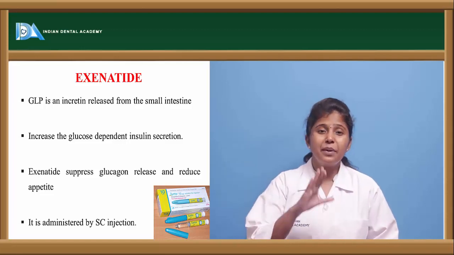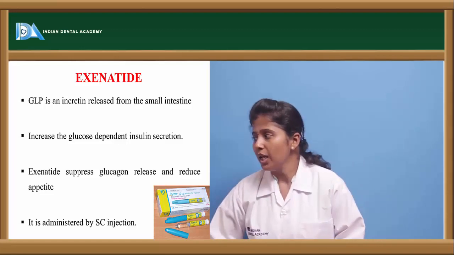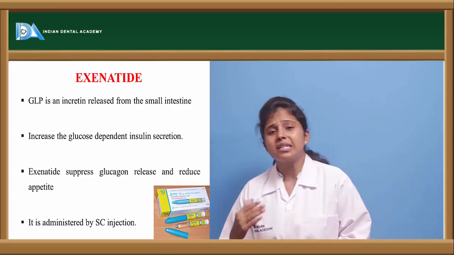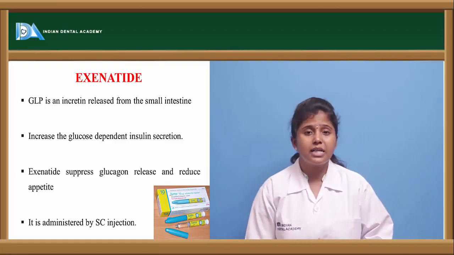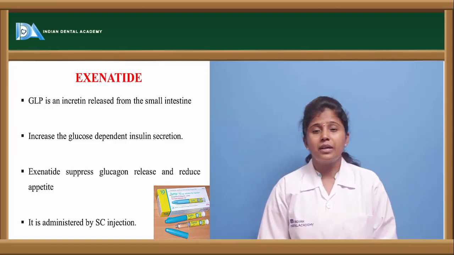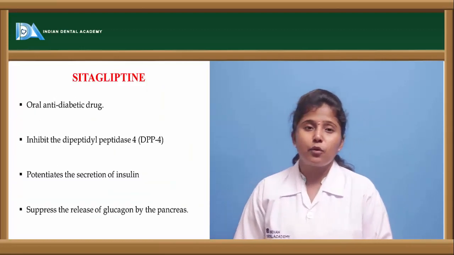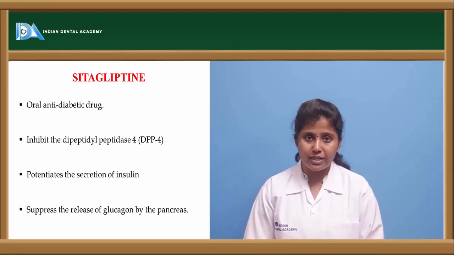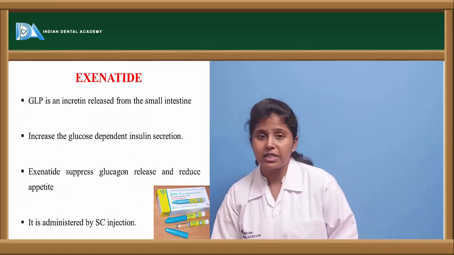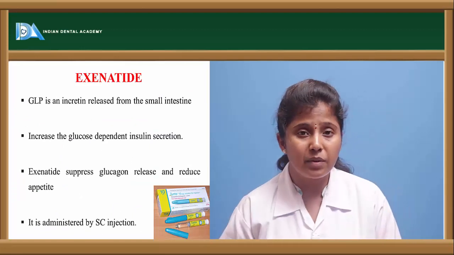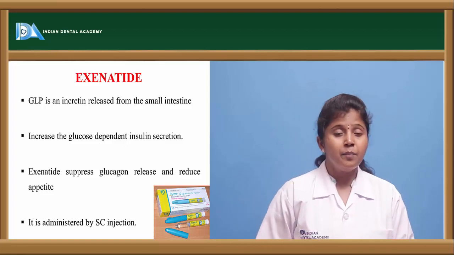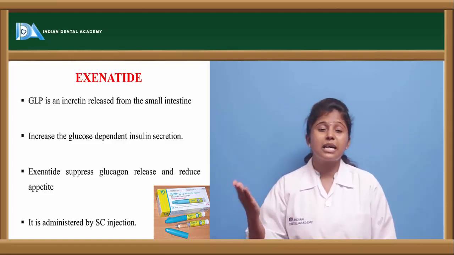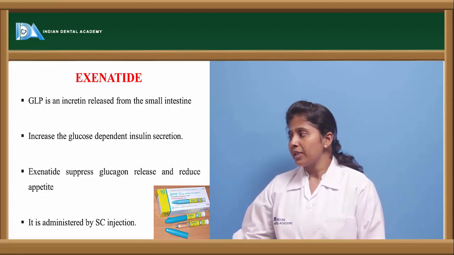GLP is an incretin which is released from the small intestine. But this GLP is susceptible to metabolism by the enzyme called DPP4. DPP4 is the dipeptidyl peptidase 4 enzyme. So once this GLP is released from the small intestine, it undergoes metabolism by this dipeptidyl peptidase 4 enzyme, and thereby it is not effective. So this GLP analog, exenatide, is a GLP-1 analog which is resistant to this enzyme, and thereby they act on the